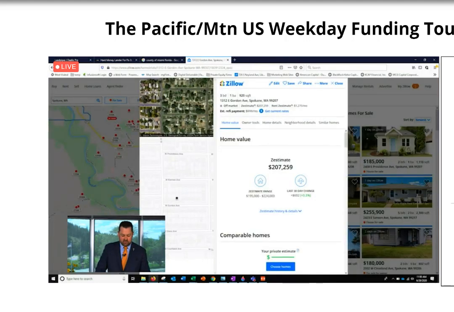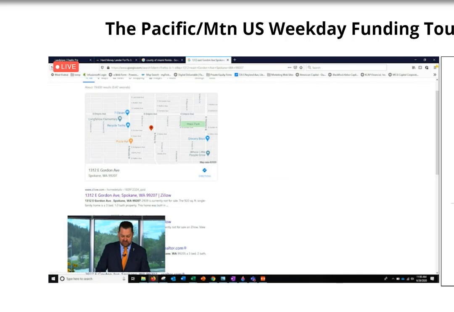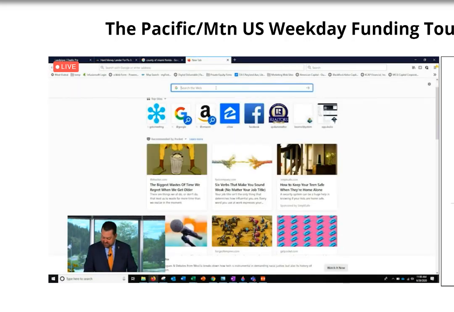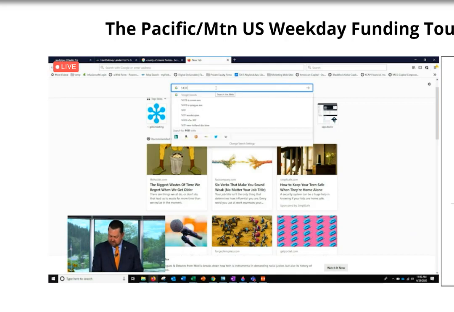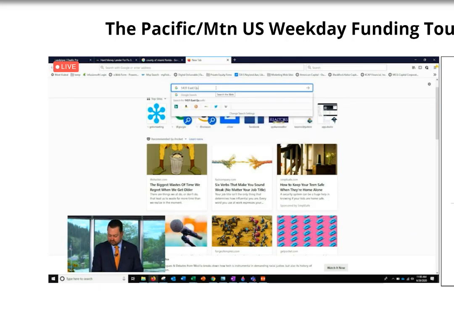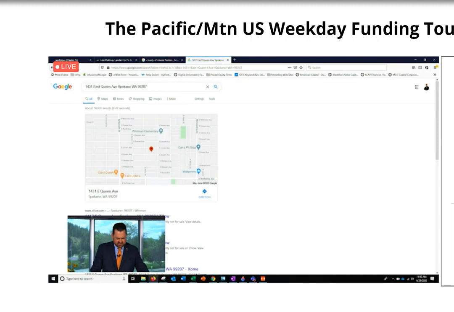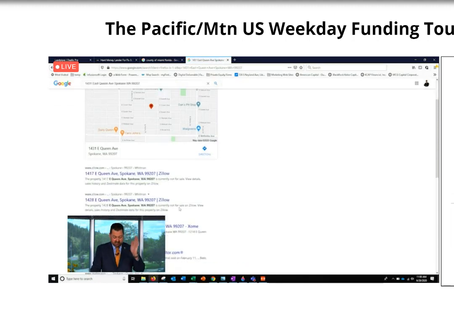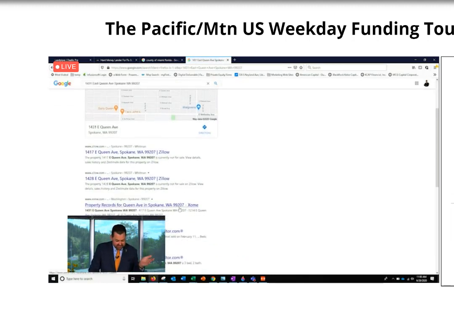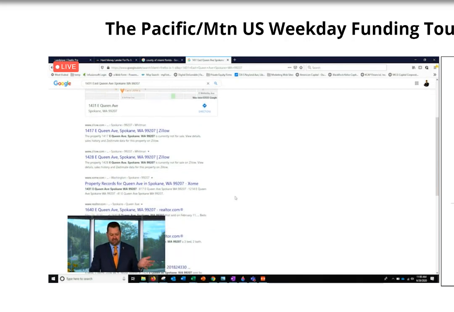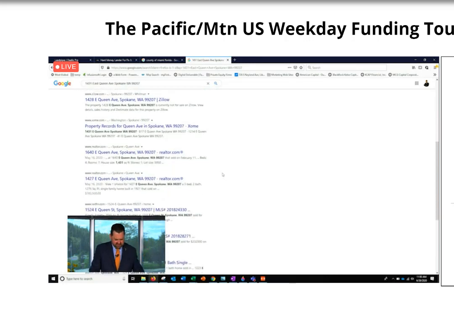to Google and I'm going to start working on our next property address. Again, these are the properties that came right out of Delio.pro, 1431 East Queen Avenue, Spokane, Washington, 99207. Okay, 1417 East Queen. So again, here we are in Google. First thing, go down and see, is the property listed? Because if the house is listed, all we have to do is contact the real estate agent. And sometimes they are. So let's go through here and see